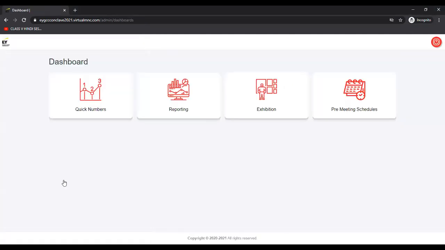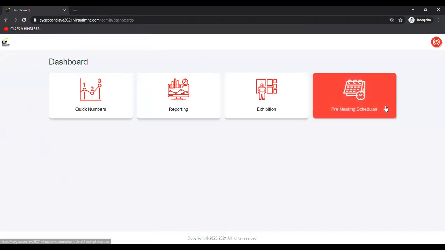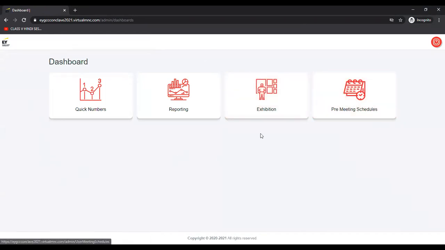As soon as we sign in, we land on a page like this where we'll have multiple options. This dashboard is divided into three parts. One is the uploading of your documents, your social media handles, your booth staff details, like your business card, your videos, your product brochures, if there are any kind of documents. Second part